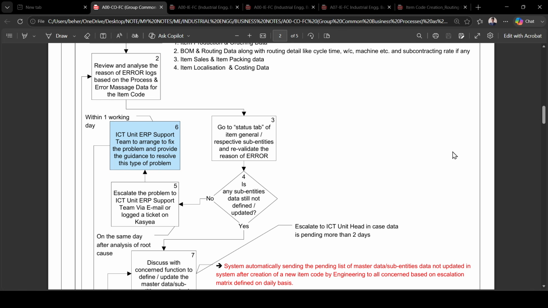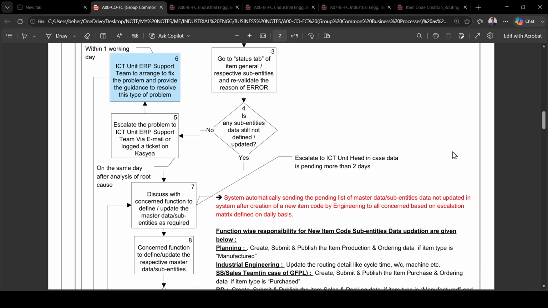Within one working day, the ICT Unity ERP support team will arrange to fix the problem and provide guidance to resolve this type of problem. If it is yes, then on the same day, after analyzing the root causes,